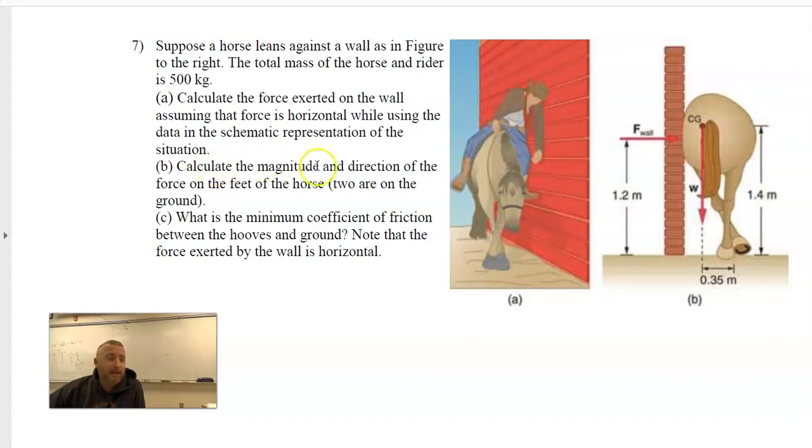Then calculate the magnitude and direction of the force on the feet of the horse. This is, of course, a horse. Of course. And what's the minimum coefficient of friction between the hooves and the ground? Note that the force exerted by the wall is horizontal, which of course you can also see up here in the picture. Now, before we actually do this problem, I wanted to address something that's going to help us in